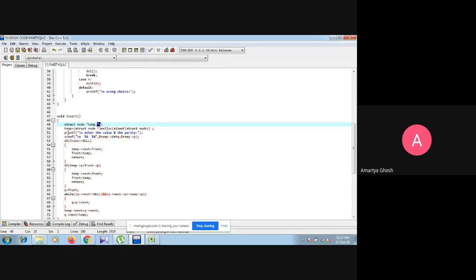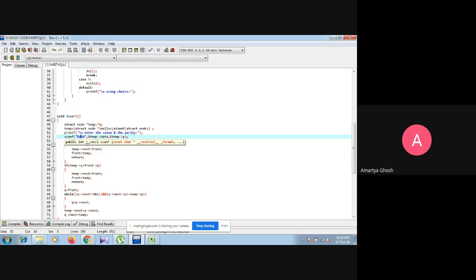So first of all, after allocation we have to ask the user to enter the value and the priority, that is the data part and the priority. First input is the value or data, and second input is the priority. We do not need this space, even no new line.